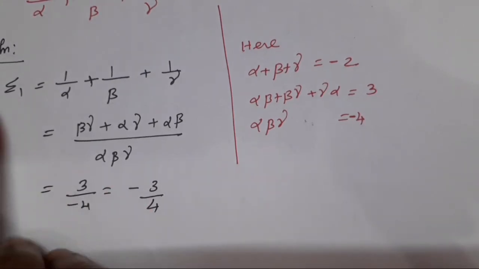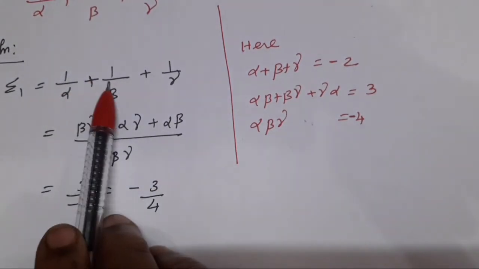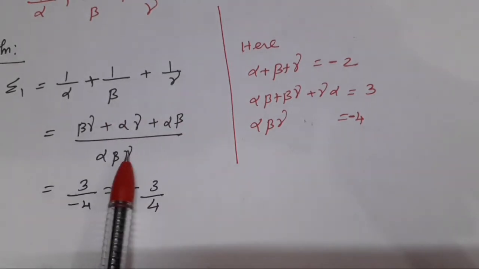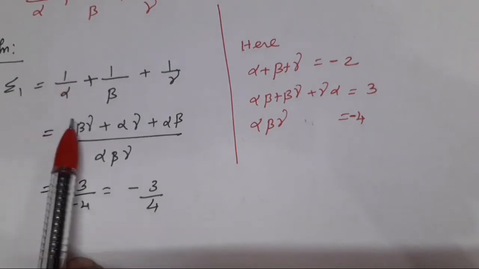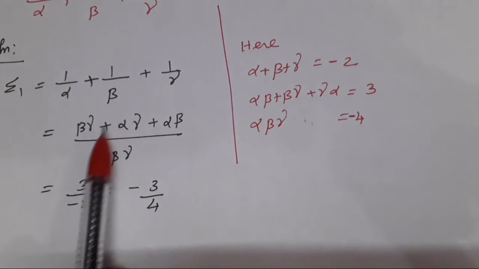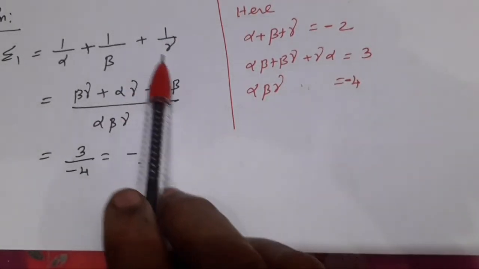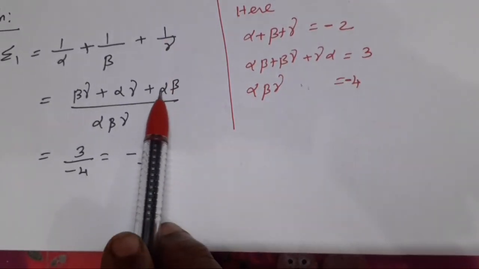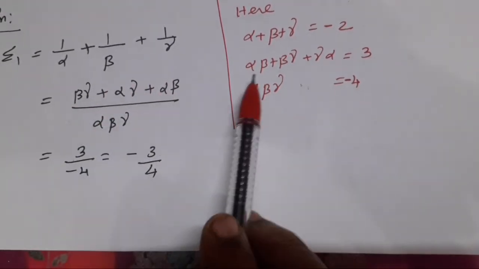Afterwards, do the sum. Now for summation 1, what are the given roots? Add the three roots: 1 by alpha plus 1 by beta plus 1 by gamma. If you take the LCM, alpha beta gamma is the LCM. Here only alpha is present; what are the remaining two terms missing? Beta gamma, so on top we write beta gamma. Plus here only beta is given; the remaining two roots missing are alpha and gamma, so plus alpha into gamma. Plus the last step: here only the third one, gamma, is added. Which two roots are missing? Alpha and beta, so we write alpha beta. We arrange it as alpha beta, beta gamma, gamma alpha. What is the result here?